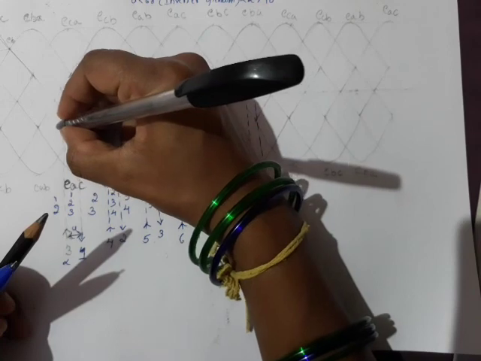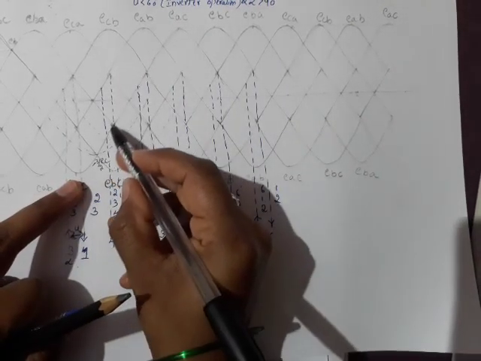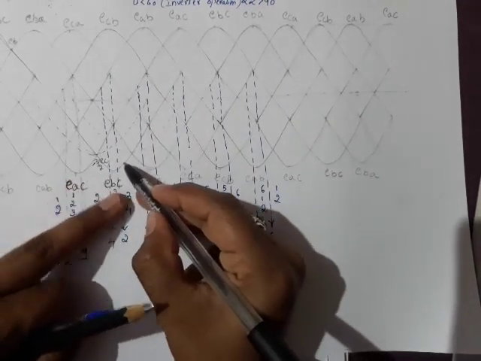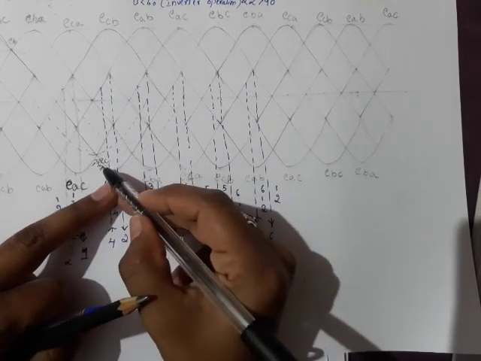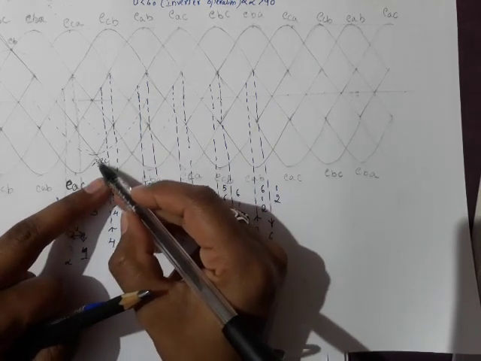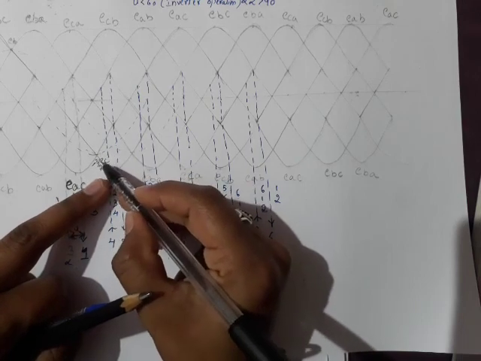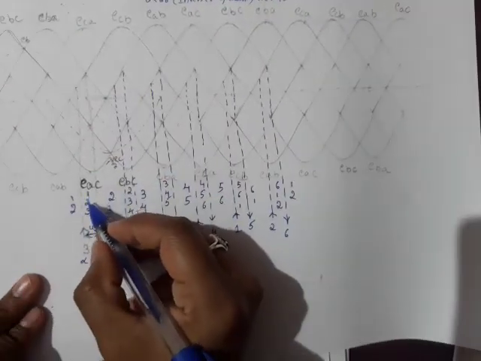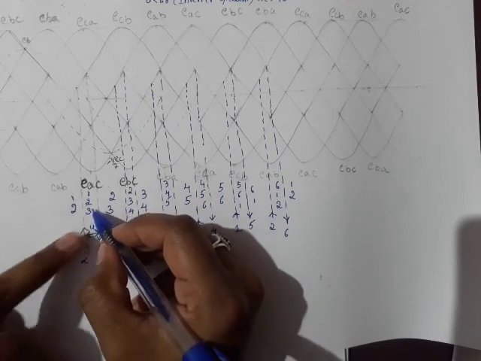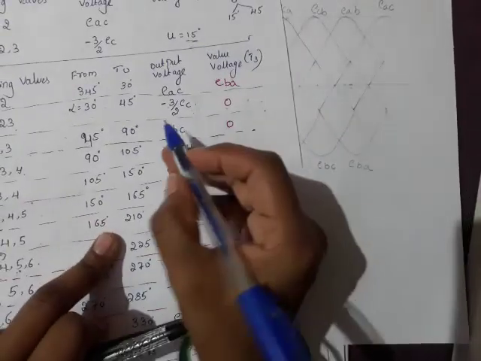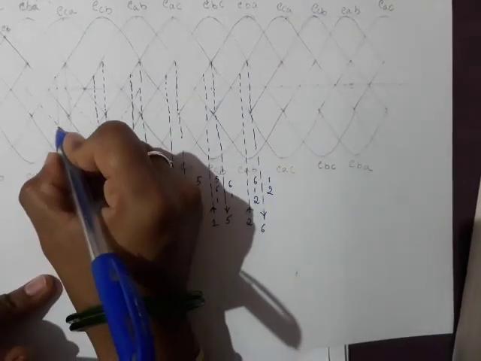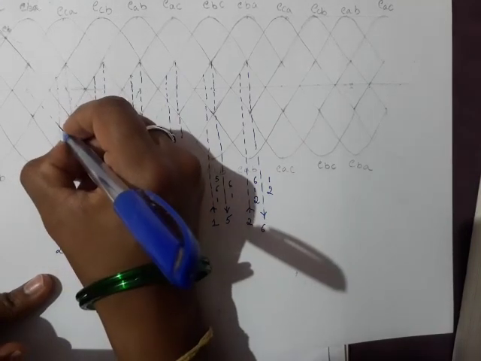Means between these two voltages. This voltage is EAC, this voltage is EBC. So in between this I'll get minus EC, okay. But I have taken magnitude higher, that is minus 3 by 2 times of EC. I think we need only this much, and we are plotting in this area, right? When valves 1, 2, 3 were conducting, my voltage is minus 3 by 2 times of EC. So where is minus 3 by 2 times of EC? It will follow that one. Minus 3 by 2 times of EC.